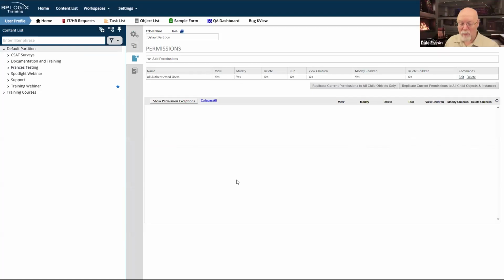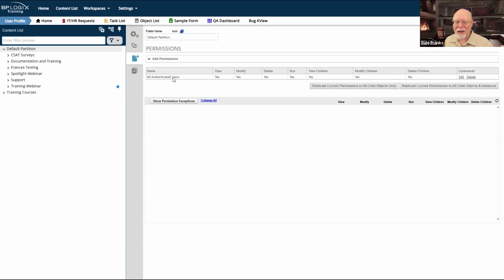This is the default permission set that you see when Process Director is first installed. That's not good, because you do not want users to be able to view, modify, or delete your content list objects. I have an entire webinar on permissions, so we're not going to get into the specifics of permissions methodology, but you do need to set very restrictive permissions.